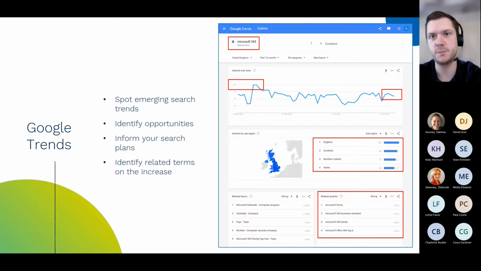And if I was to click Business Standard, it would show me a similar page. The search term would just be Business Standard. So it helps us inform our search plans, identify new, maybe less competitive keywords, and look at related trends that are on the increase. So if Microsoft 365 Business Premium, for example, is peaking now at 100, we really need to be capitalizing on that and tweaking our website copy to be focused on that.